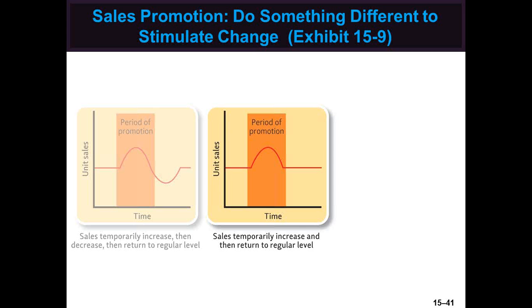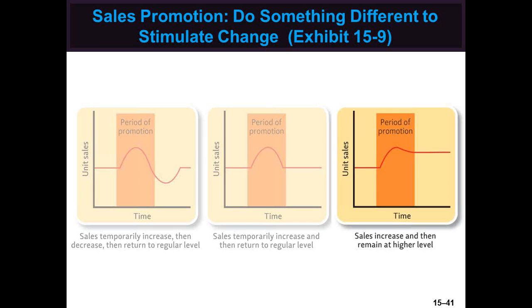In this chart we see 3 ways that a short-term sales promotion might affect sales. First is sales pattern, where a firm issues coupons to help clear excess inventory. Some consumers might buy in advance, stockpile to take advantage of the coupon, but unless they use more of the product, their next purchase will be delayed.